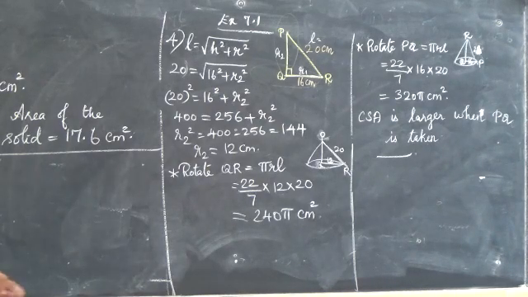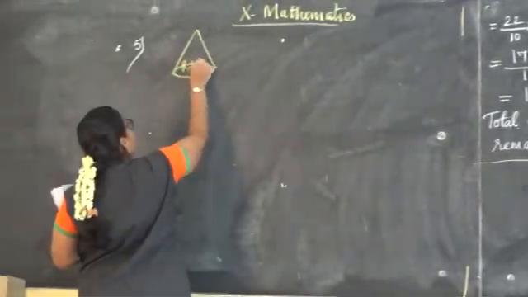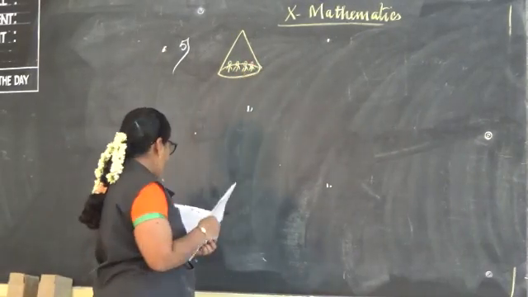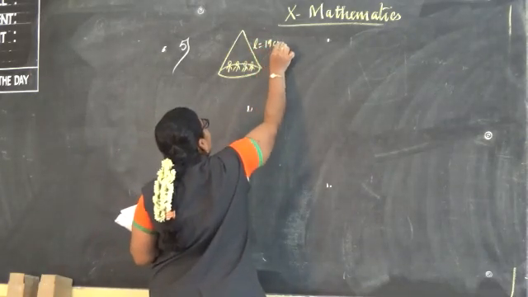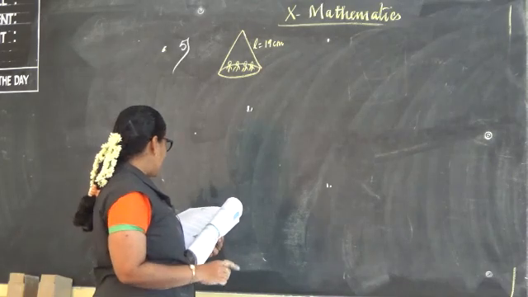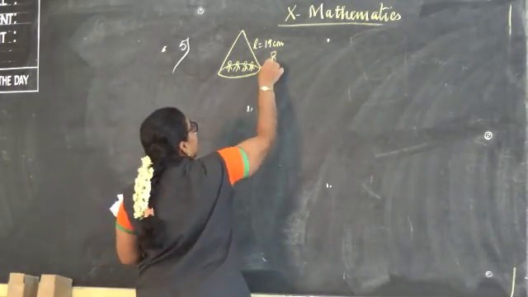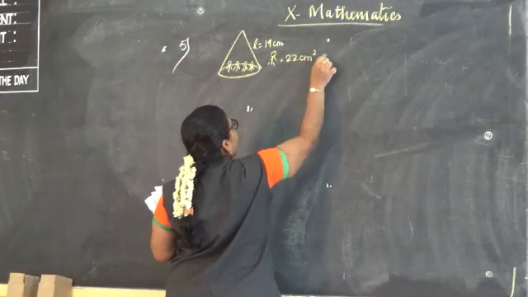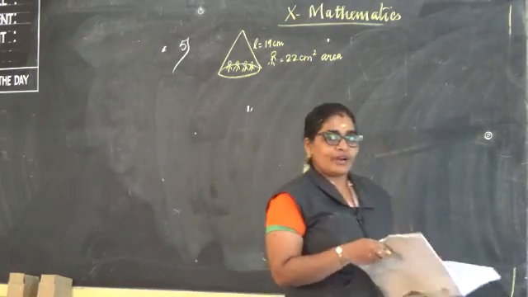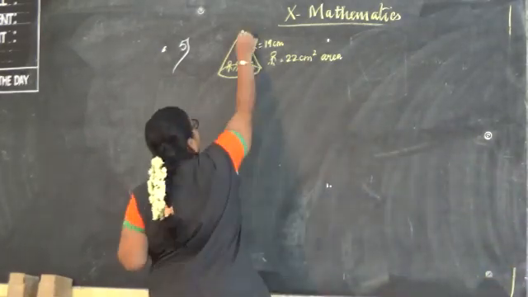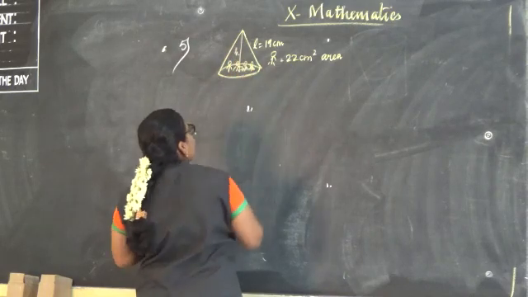Fifth question: 4 persons live in a conical tent. So we are having a conical tent, and 4 persons are living in the tent, 1, 2, 3, 4, in the conical tent having a slant height L equal to 19 centimeter. If one person requires 22 centimeter square area, find the height of the tent. This height we need to find, and this is one right angle triangle.